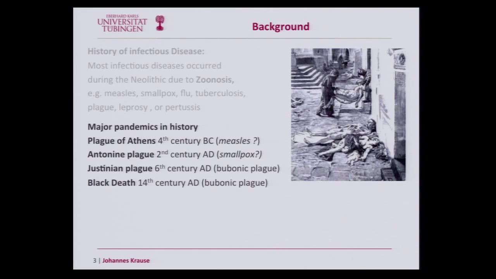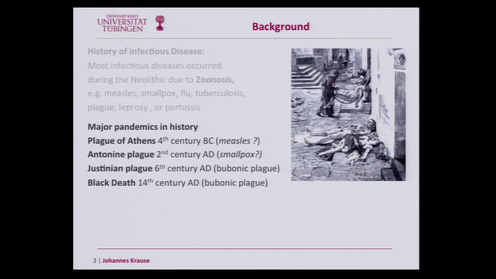And some of those pandemics, some of those large outbreaks, we also know from historical records, where it was so bad that lots of historians were writing about those outbreaks, and I've shown some examples here. For example, the plague of Athens in the 4th century before Christ. That was potentially an epidemic of measles. It's not really confirmed. We don't really know what caused it, but certainly it had a very strong impact on history. So the king of Athens, Pericles, at that time died. It was the time of the Peloponnesian Wars, and actually the Persians won the war because of this outbreak in